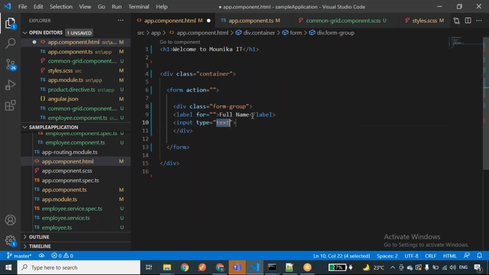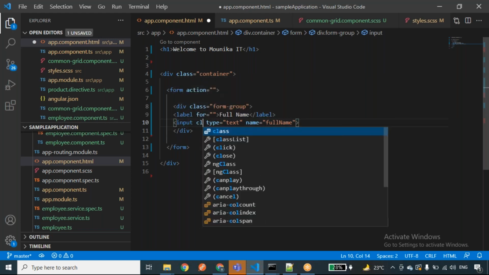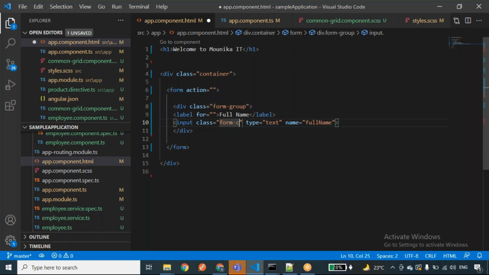The type should be text, and I'll give its name as fullName. I'm giving one more attribute called name, for easily recognizing what kind of input field it is. For this input I'll also give one more class called form control.